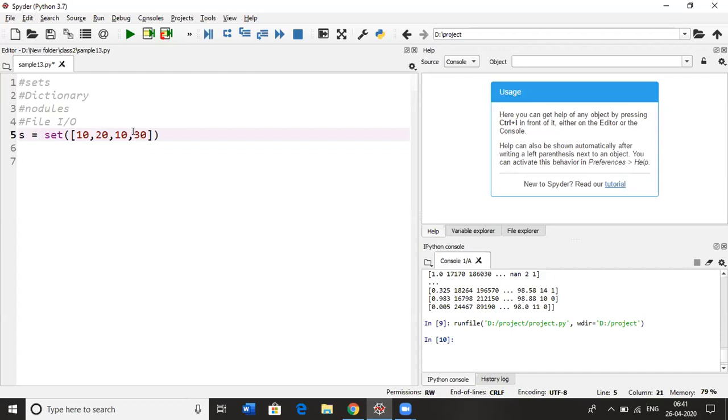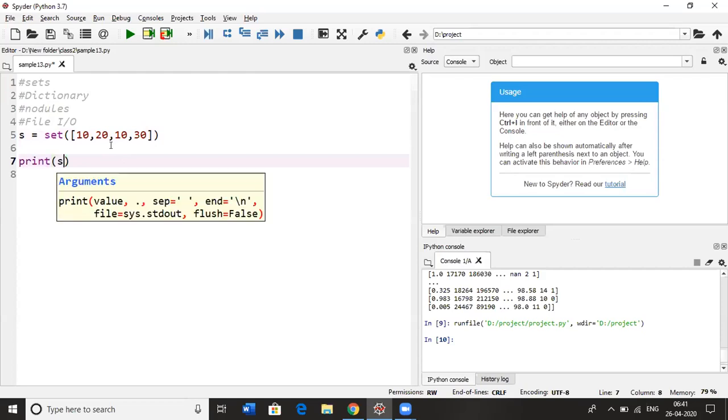And if you print the set, it will not always come in the sequence that we gave. So we gave 10, 20, 10, 30, and it will not always come in the same sequence. Like I said before, it uses a hash method for that.